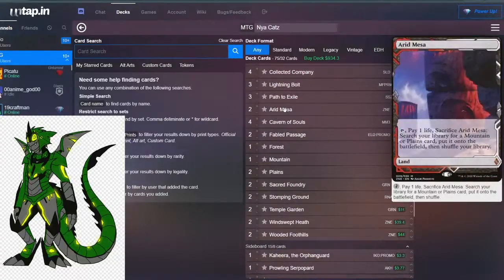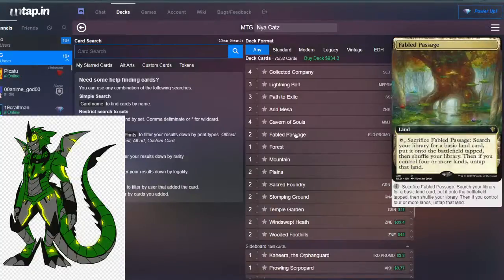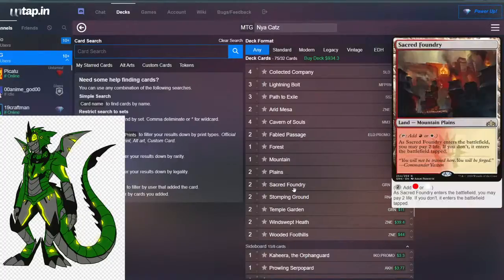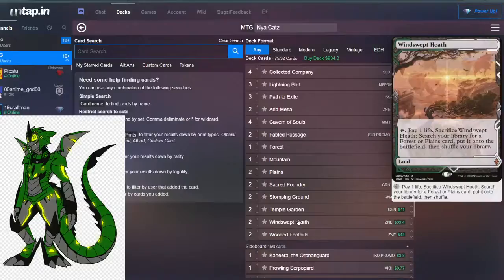And in addition to the Arid Mesa for the land base, you've got 4 Cavernous Souls, 2 Fabled Passage, because I don't like taking damage. We've got 1 Forest, 1 Mountain, 2 Plains, 2 Sacred Foundry, 2 Stomping Ground, 2 Temple Garden, 2 Windswept Heath,